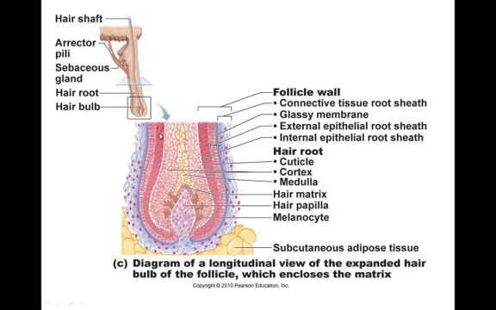So here in pink, we have these epithelial cells going around here. These are all epithelial cells going around the hair. Those are the keratinocytes, and those epithelial cells just go right around, and we call these the external epithelial root sheath and the internal epithelial root sheath. Don't worry about these. And this glassy membrane right here is just going to be a basement membrane,